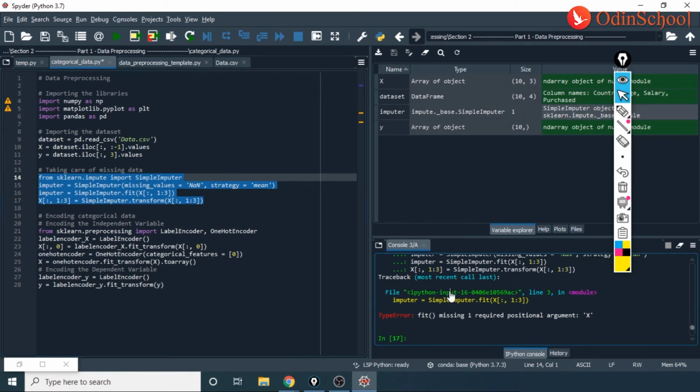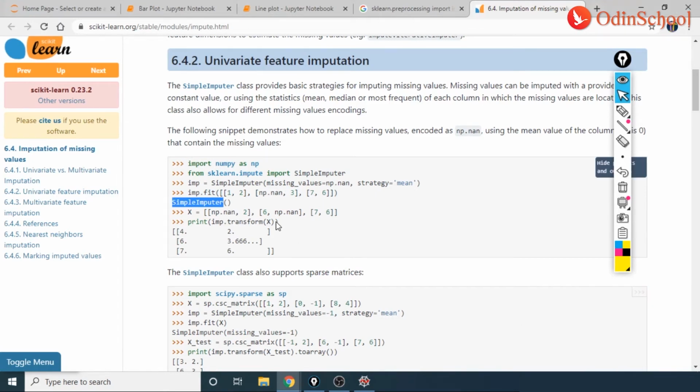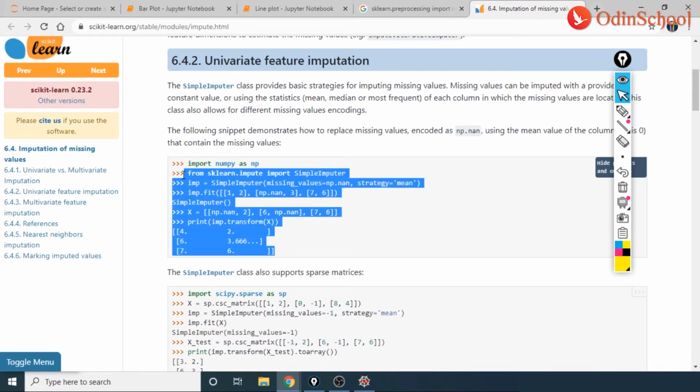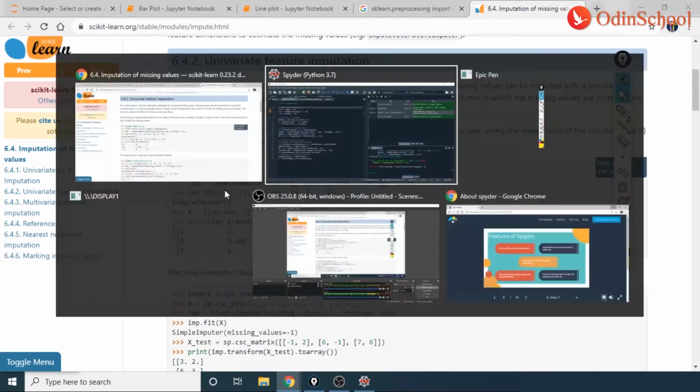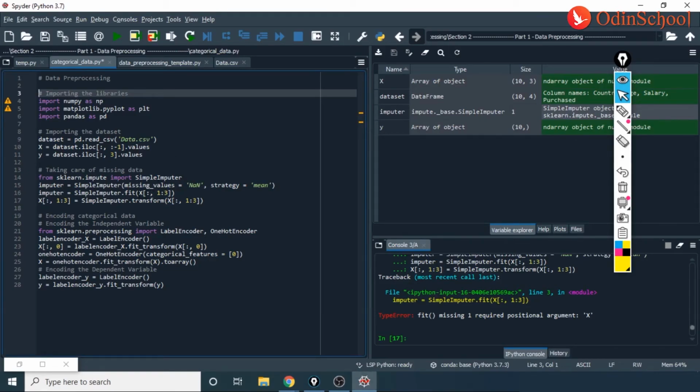And we see that there is still something that is going wrong, that is fit is missing. Okay, it says fit missing one required positional argument, that is x. Okay, let us just work on this example for now. We can just come back to this later. So here it says fit is missing one required positional argument x.